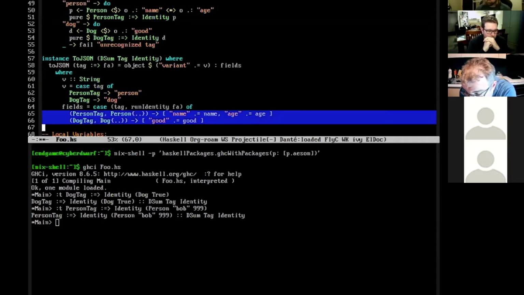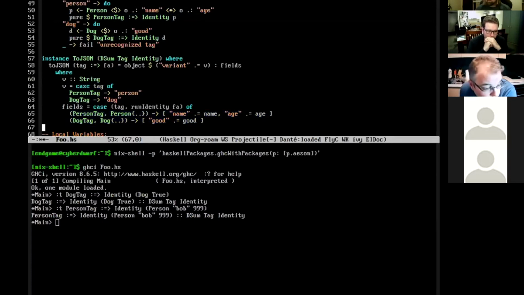And in the toJSON case, you render out a pair for the tag, and then you render the remaining fields of the thing that's on the right-hand side of the sum. And this is fine, but it's also quite tedious to write because you essentially have to rewrite this for every tag and sometimes also for different functors as well, depending on how you want to set up your instances.